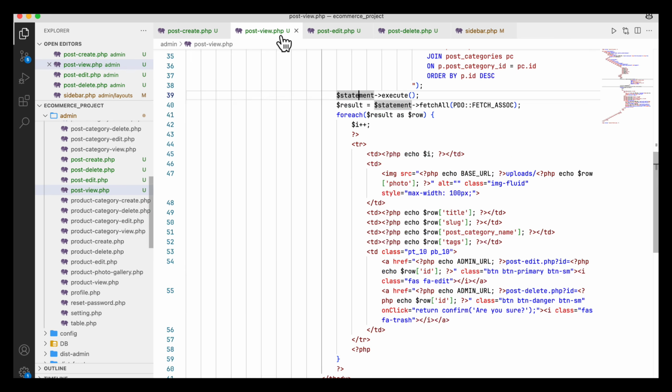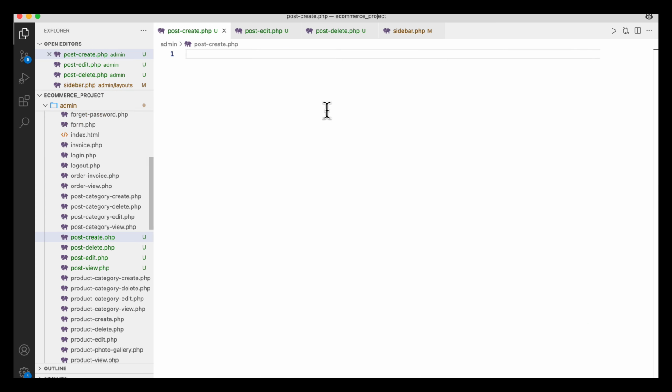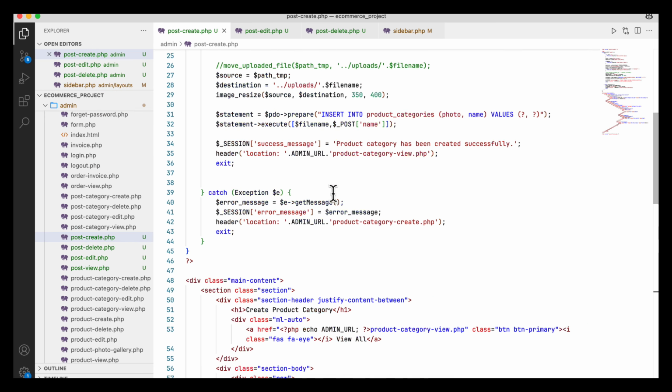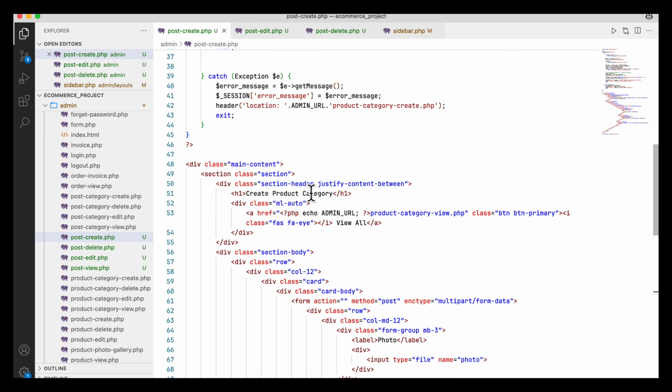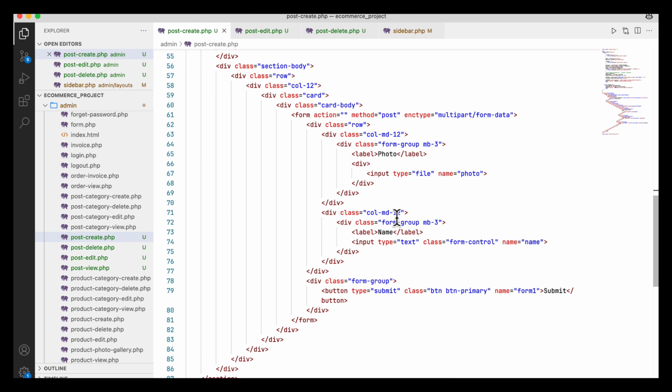it, and now I am going to my post create. So post create, here paste it. So what I will write here, that is create post. So here write the create post, and here it will be post view. In the case of photo, it is okay, that is the name, there will be no problem here, the name is okay. And now the photo is also okay, the normal photo that is here, I am not going to